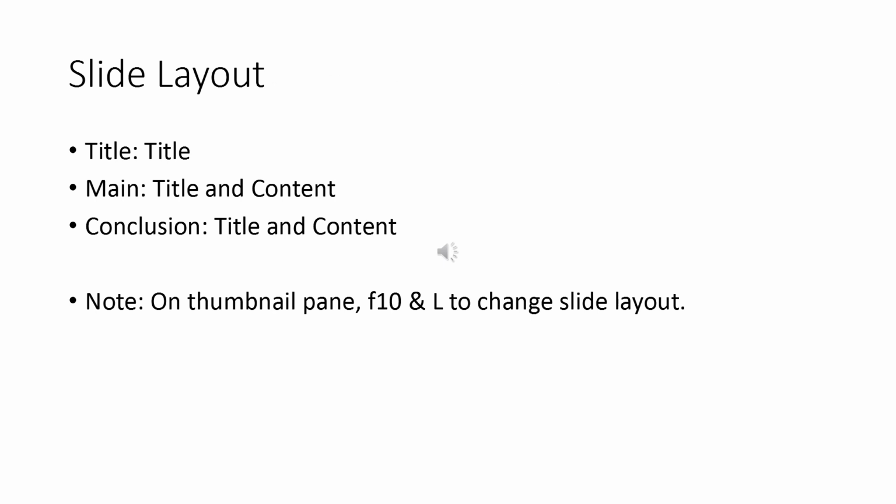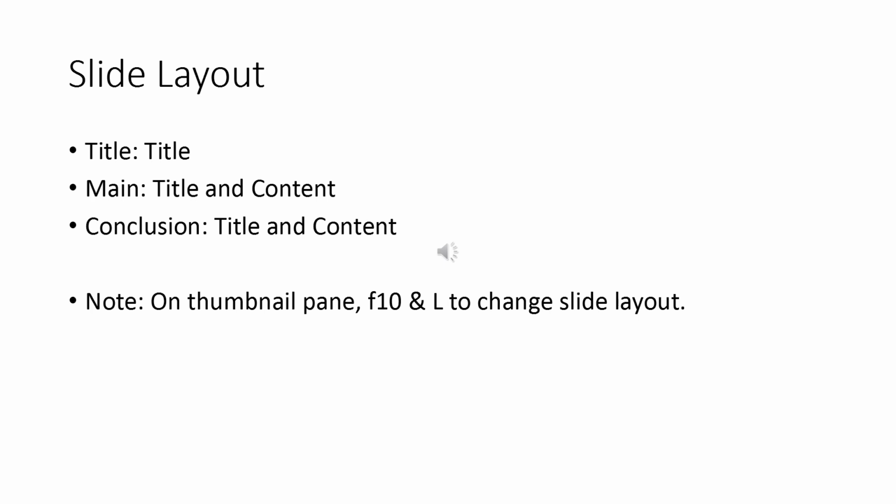For this kind of slide, we need only two types of slide layout. One is title and one is title and contents. When you open a new project in PowerPoint, it opens with a title slide, which has the title layout, of course, and it has title and subtitle fields. For the title you can type something like YouTube contents, and for the subtitle, presented by whatever. And then if you press enter in the slide area to insert a new slide, the default layout is